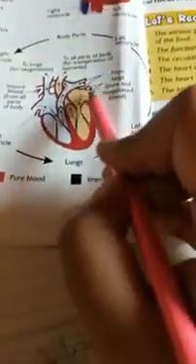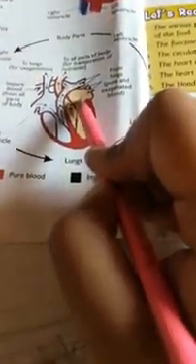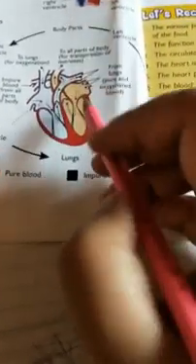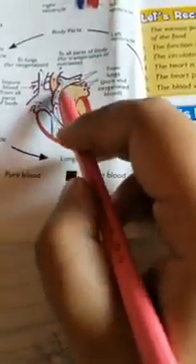Now the hemoglobin becomes free, so it again makes a temporary bond with oxygen and the blood turns pure red in color. This blood is carried from the capillaries to the pulmonary vein, and from here it comes back to the left auricle, from there to the left ventricle, and is carried by the arteries to the whole body, where again exchange takes place between the blood and the tissue fluid.